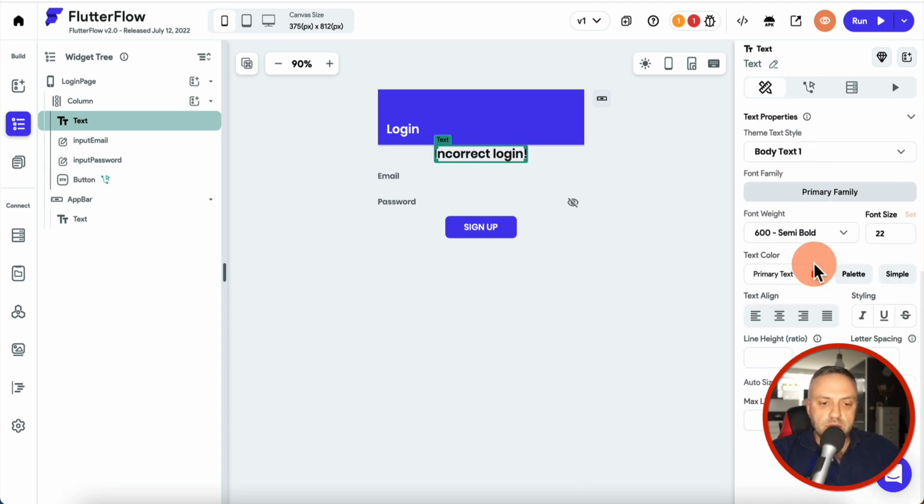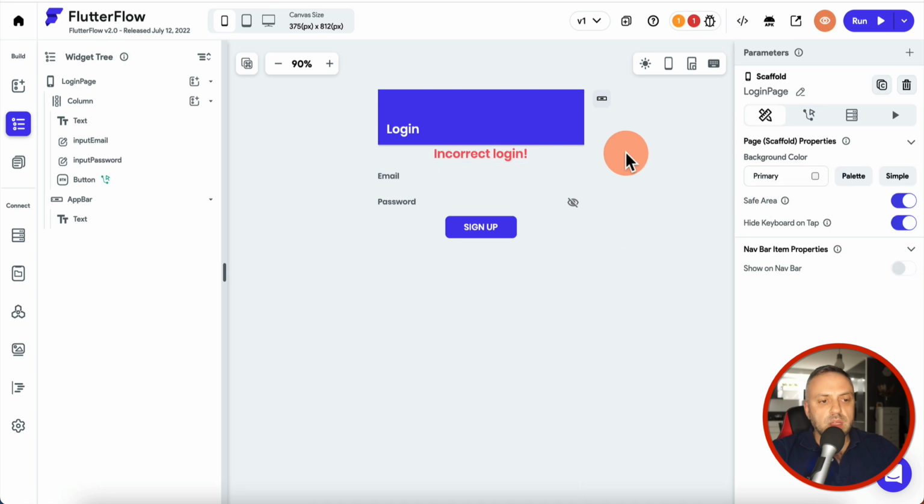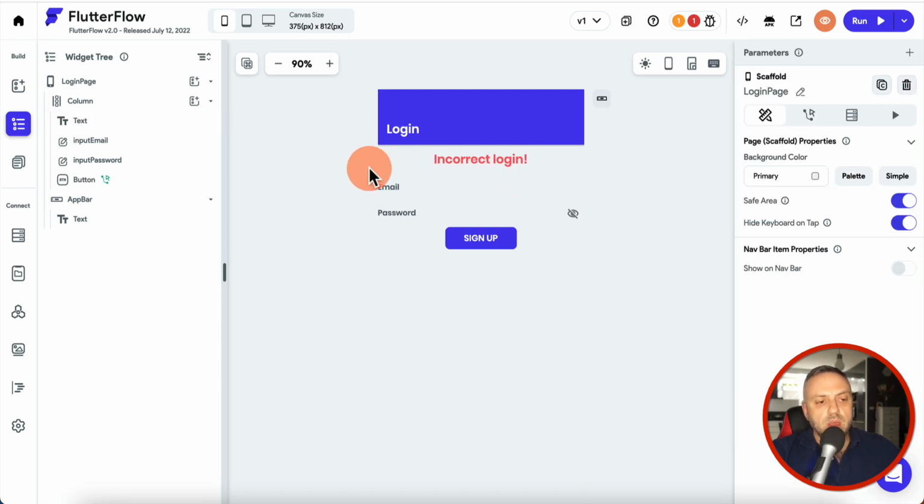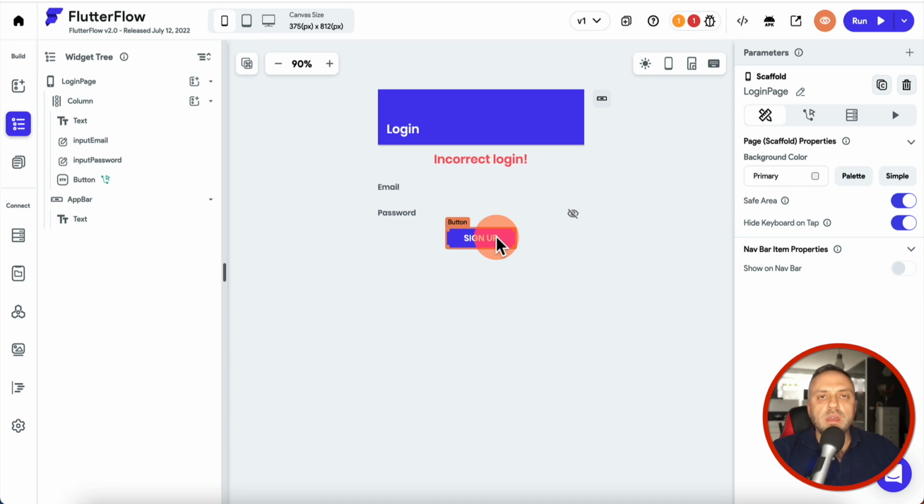Maybe we can make it even in red. I don't know, something like this. Okay, we can also pad it a little bit, maybe 10 from the top, 10 from the bottom. Now, you do not want to display this all the time. You only want to display it after they hit the button. It doesn't matter if they enter the correct login or the incorrect login, because if they press the button and they entered the correct login, it's going to get redirected to the other page. So it doesn't matter if it's displayed or not. If they entered incorrect information, then it's going to be still on this page,